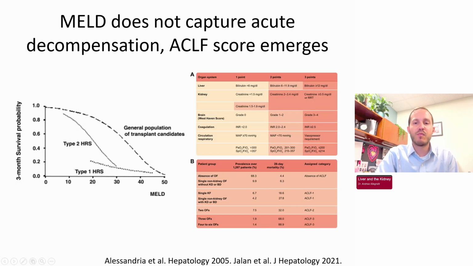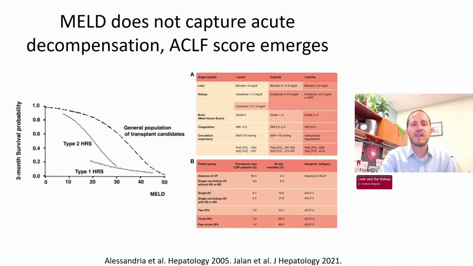And it's important to identify not just for treatment, but also for prognosis. We've known for a long time that patients who have hepatorenal syndrome, and this is a graph on the left of the older terminology, which was type 1 HRS, which we would now call HRS-AKI, and type 2 HRS, which is more like the HRS-CKD that we would call now. Even at the same MELD score, patients with hepatorenal syndrome fall way off and have a way worse expected survival than those with a similar MELD score without hepatorenal syndrome.